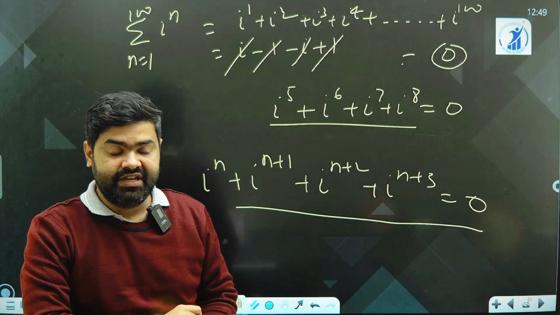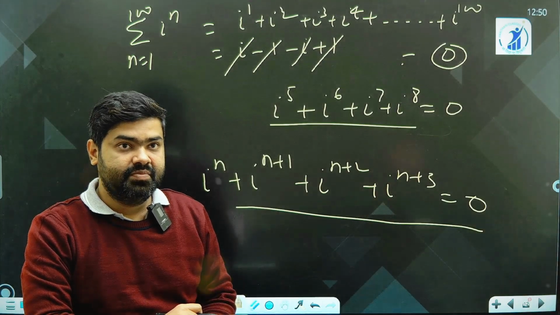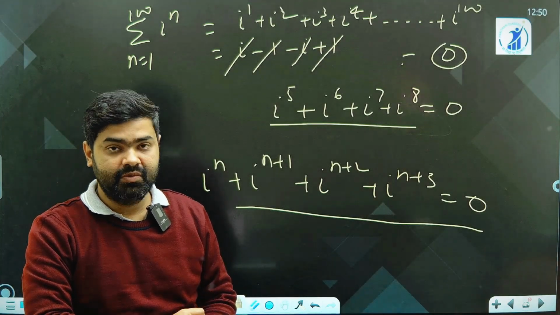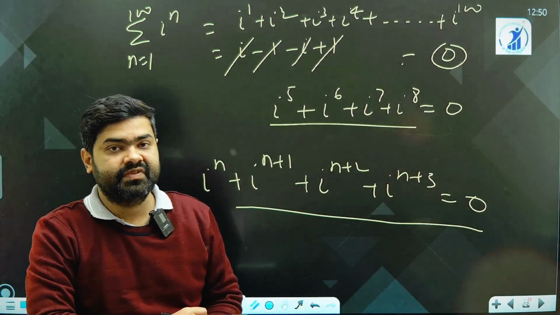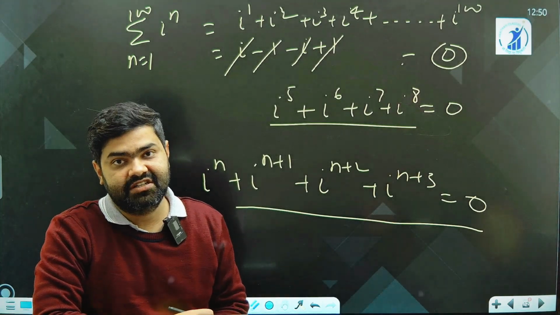Next class we will study some important questions, and we will move to the complex number system, and we will study addition of complex numbers, subtraction of complex numbers,